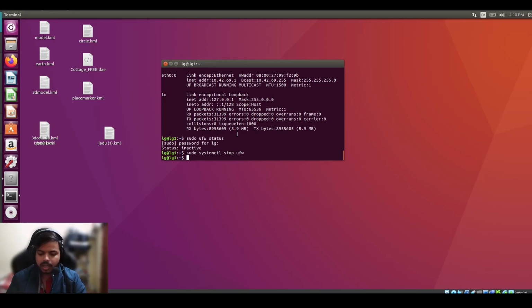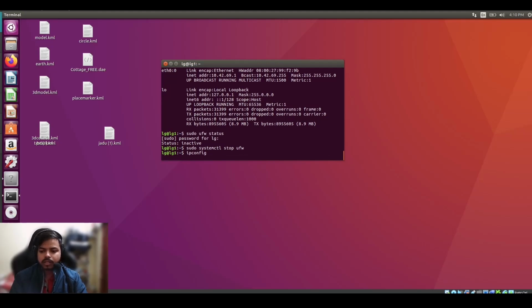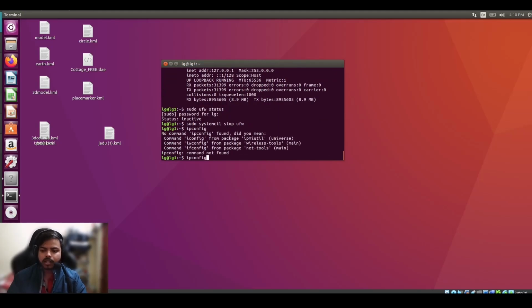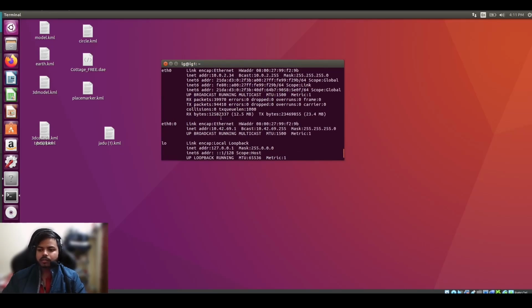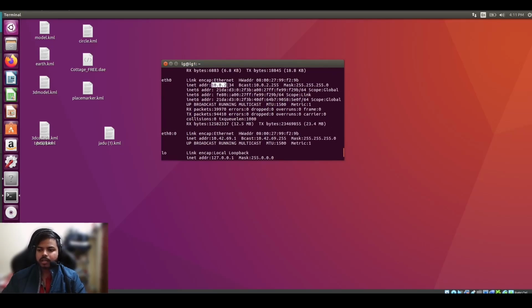Just open your LG1 and write ipconfig, no, ifconfig, sorry, sometimes I forget that I'm not working on Windows. So ifconfig, and here you can see we have eth0, and the IP address of this machine is